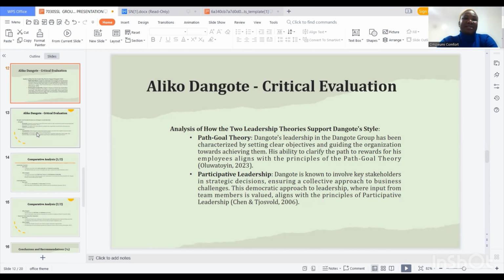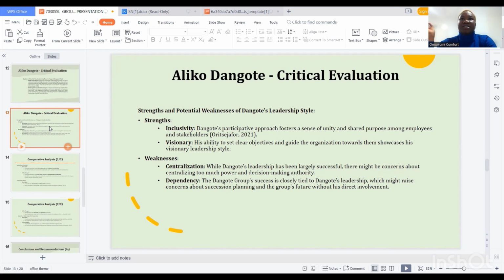On our next slide, Dangote's key strength is his ability to bring different groups of people together and include them in his plans and strategies. He has a strong inclination toward inclusivity, ensuring that everyone's voice is heard and valued. This quality enhances his leadership as he is able to harness the diverse strengths and perspectives of his team members to achieve common goals within themselves.